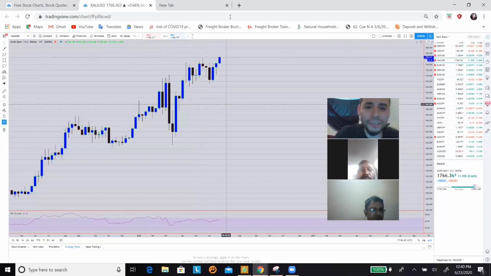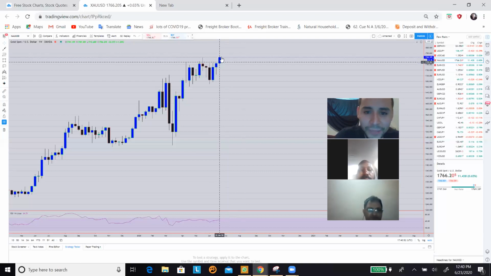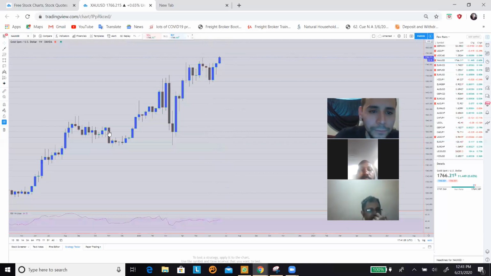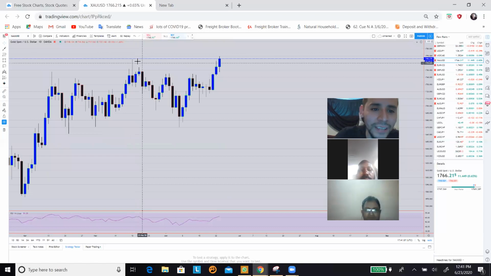Because from here it could try to reverse down because it has time. We got 3 days: Tuesday, Wednesday, Thursday. This thing can constantly come down from here. In 3 days, it can come down and cause what? A pin bar, right? So this is why I say it has to break this high. I needed to break this. This wick is dangerous right now. I don't like that wick